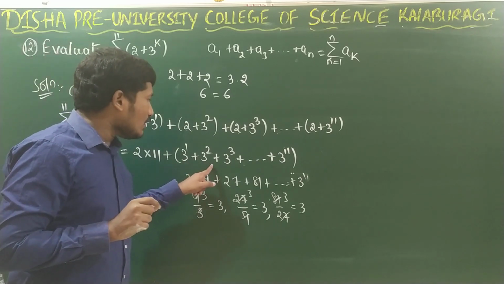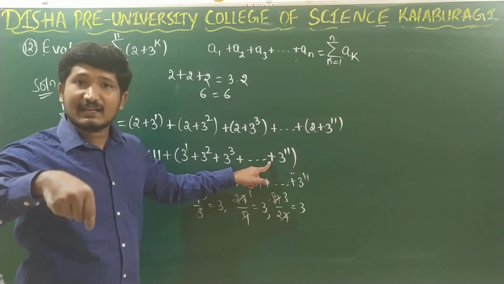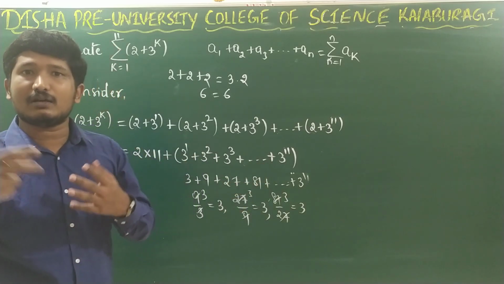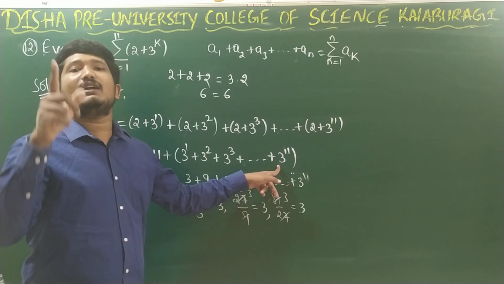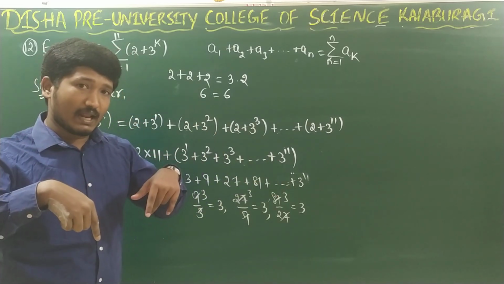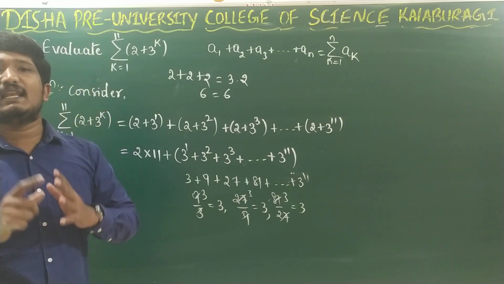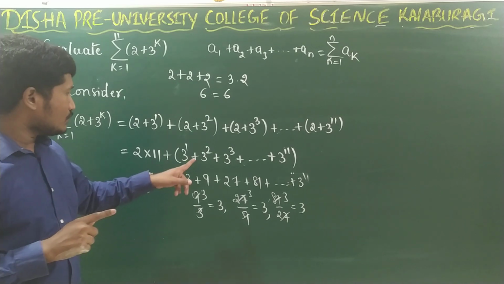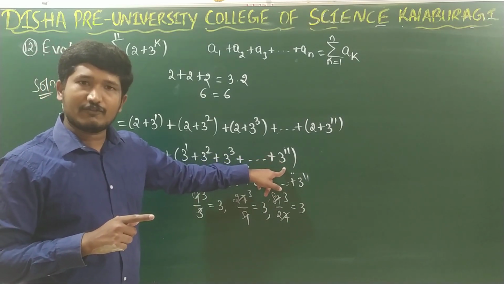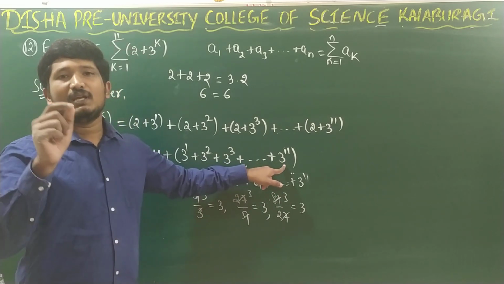When you are adding all the terms here, what do you mean by that? We are calculating the sum to n terms, right? But how many terms are there here? 11 terms are there here. So I am calculating sum to how many terms? Sum to 11 terms, right? So let us use the formula for Sn and let us calculate this sum to 11 terms.